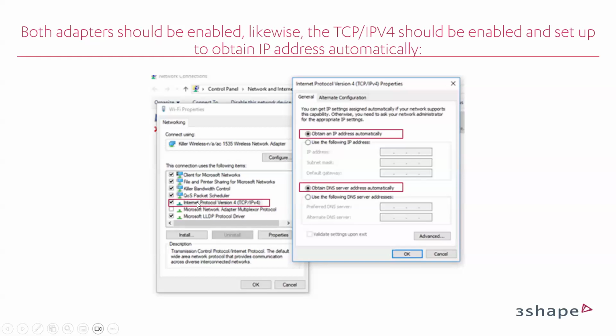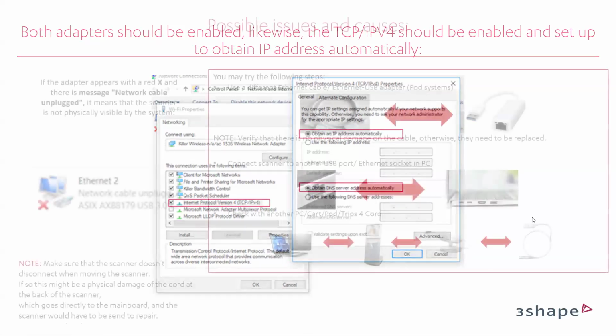So you just select this Internet Protocol Version 4 (TCP/IPv4) here, then press Properties, and you check if this option is enabled here. Also,